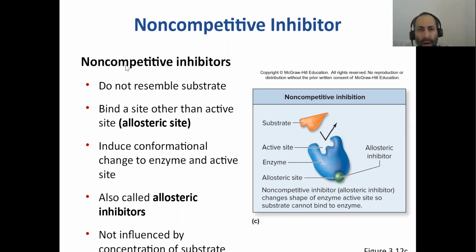Then you have what are called non-competitive inhibitors, like this one. What these do is they do not go and bind to the active site where the substrate binds. Rather, they bind to a different site somewhere else, which is called the allosteric site. And by extension, these are called allosteric inhibitors. But by binding here, they cause a crumpling up and disfiguring and misshaping of the enzyme to the point where the substrate cannot bind to the enzyme anymore, okay? So since they're not binding to the active site, but elsewhere, and yet resulting in the crumpling of the enzyme, they are called non-competitive or allosteric inhibitors, as you can see.